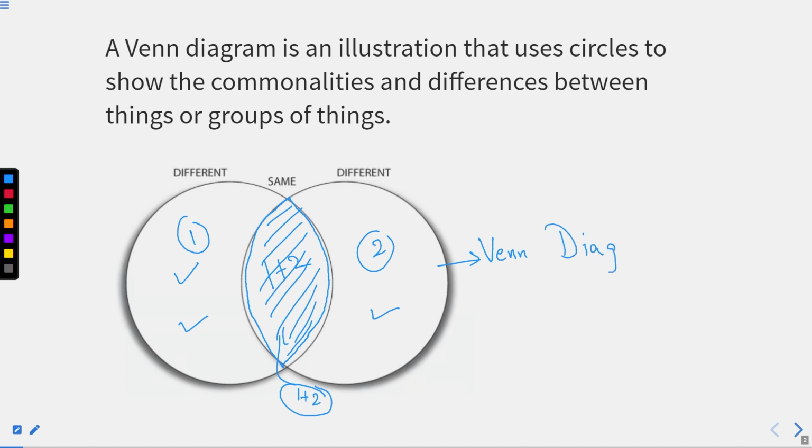So today in this chapter we are going to deal with some representations of things with the help of Venn diagrams, right? For that, today we are going to deal with 11 different questions where we are going to talk about 11 different groups of things, which will be represented with the help of these circles. And now you have to answer them. In the exam, you may face 3 to 4 different kinds of problems, and in this video we are going to deal with all 3 to 4 different types of problems related to Venn diagrams. I hope you find this chapter useful.